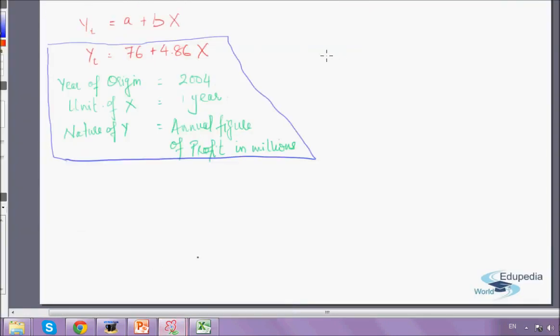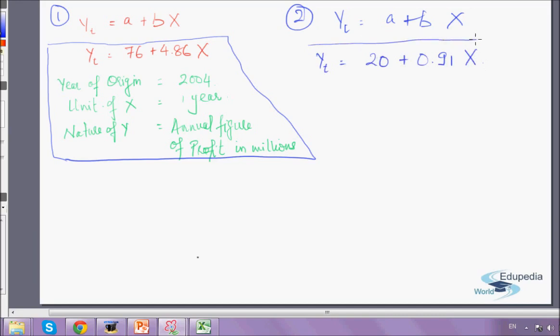The equation this time would be, this was our first question, and the second question, the equation Yt equals a plus bx. We have the values of a and b, so Yt can be written as 20 plus 0.91x. This is our equation this time. And then of course the additional information, we need to write the year of origin